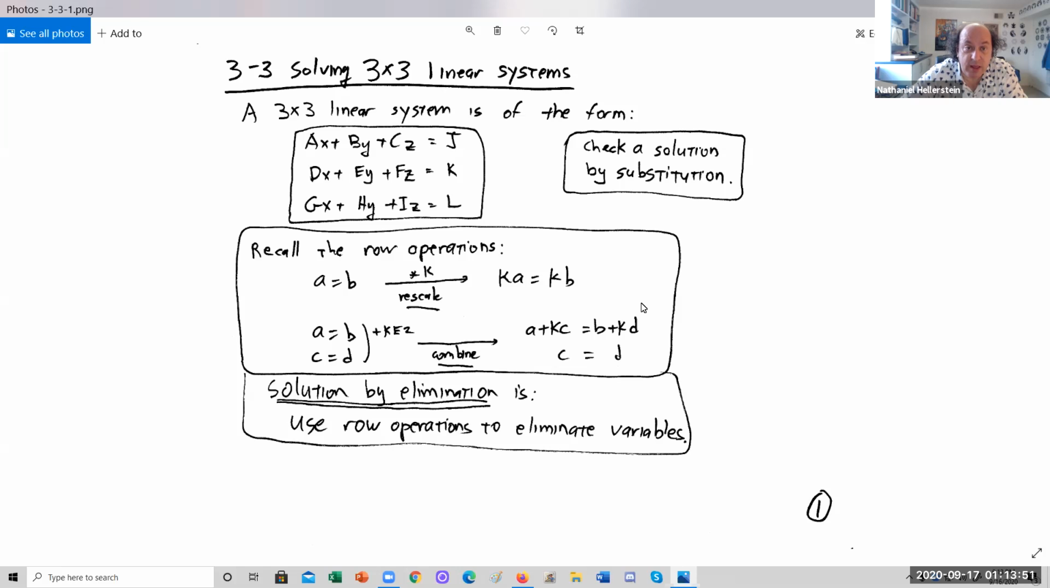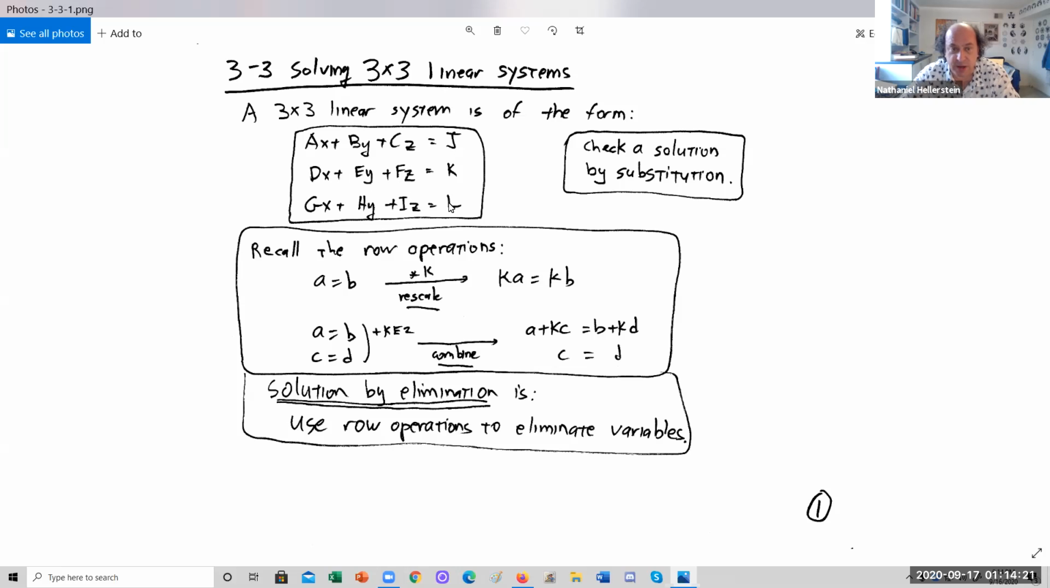3 by 3 linear systems. A linear system is 3 equations and 3 unknowns. Therefore, 3 rows, 3 columns, thus the name 3 by 3. Ax plus By plus Cz equals J, Dx plus Ey plus Fz is K, Gx plus Hy plus Iz is L, where all the A, B, C, D, E, F, G, H, I and J, K, L are constants, and x, y, and z are the values trying to be found. And we check a solution by substituting the values of x, y, and z and see if all 3 of